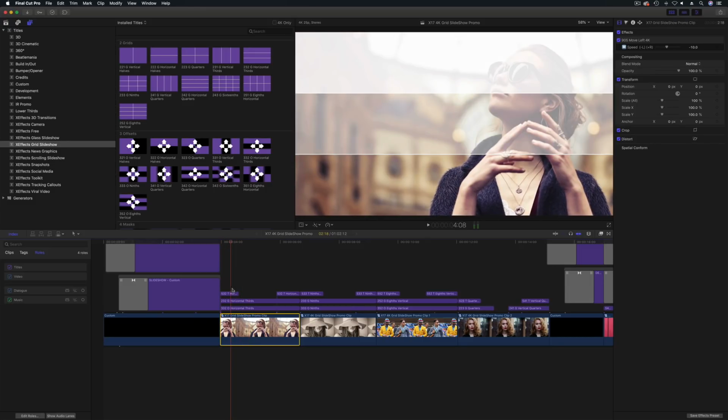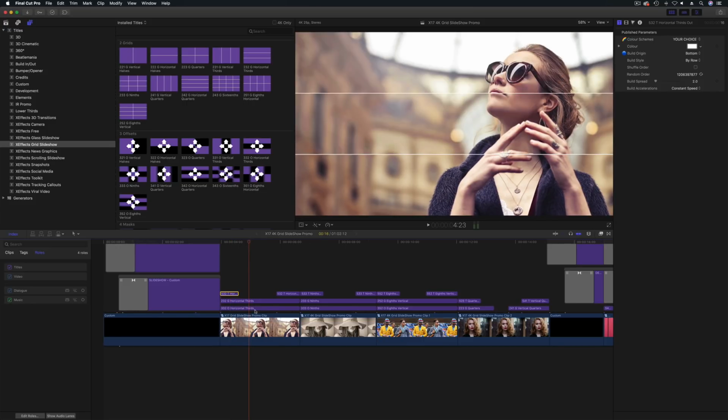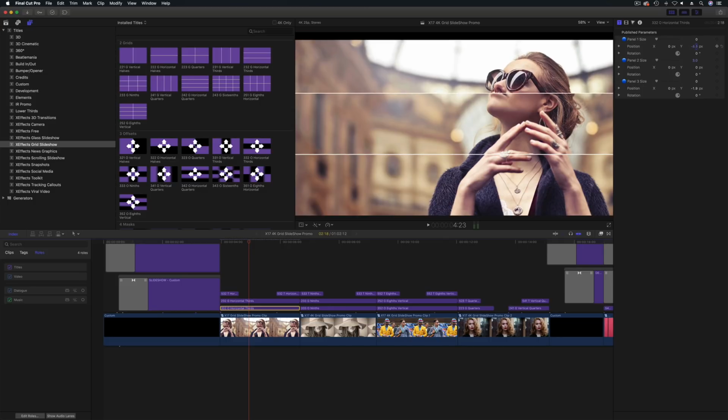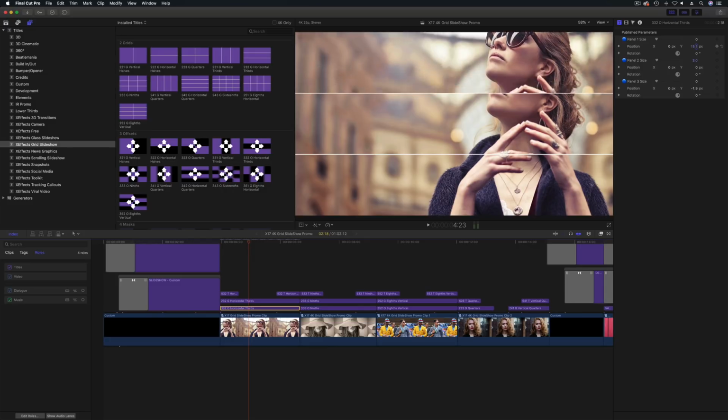So on here you can see this is the matte that's over the top. It's just straight put on the top. You've got controls for the color and how it builds in. This is only a thirds one. We're going to have a look at one that's a bit more complicated in a while. And then we've got an offset, which is the O. And here you can control each panel for size and